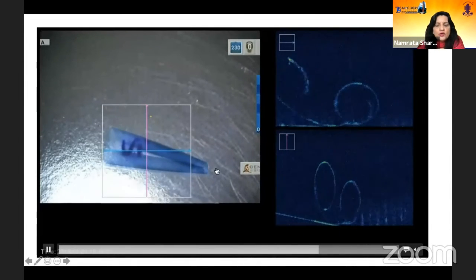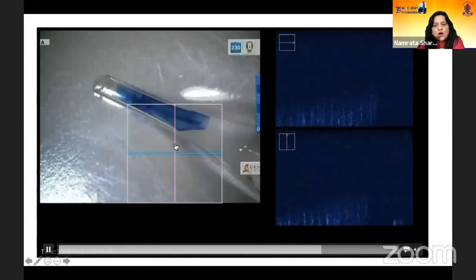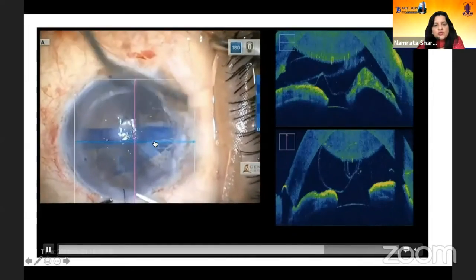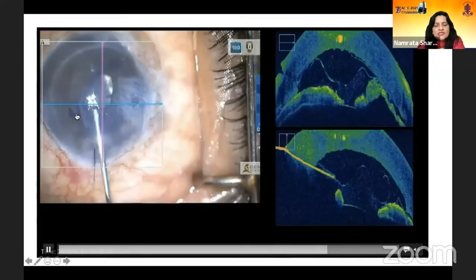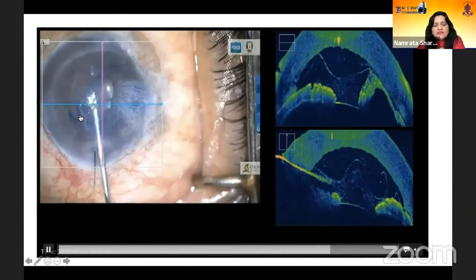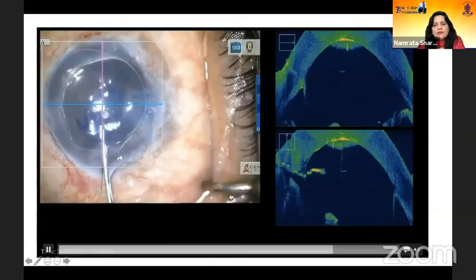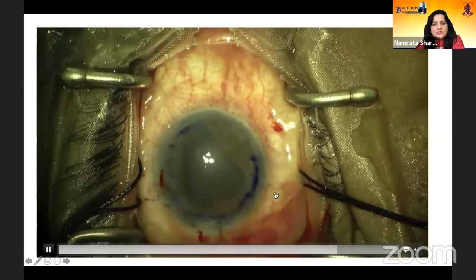Now, this is the biceps curl upward. So we will load it in this direction only. And of course, that S is also there, which will tell you how this S should be looking at you, so that you know that your endothelial side is down. Now here, look at this biceps curl upwards, as well as the correct side of the S looking at you, which has been put on the graft as a stamp to let you know which side is up. And then you put the air bubble and it's got stuck, and on the AS-OCT you can't even make out where the graft is.